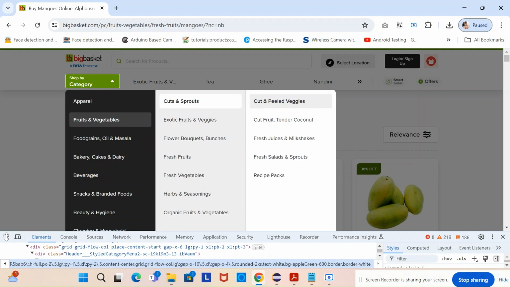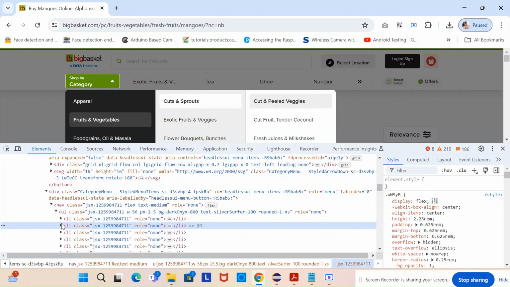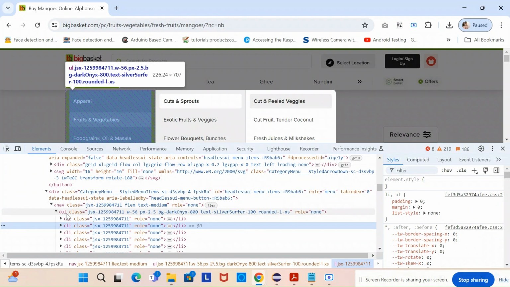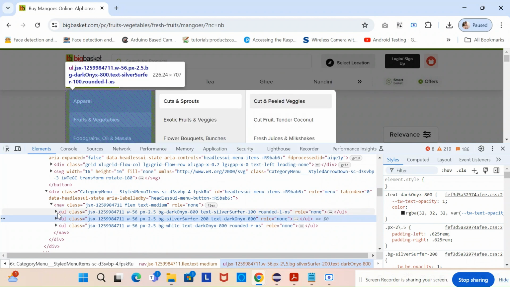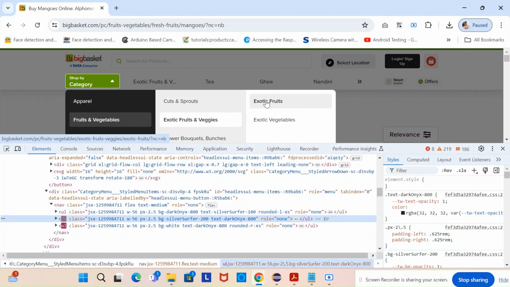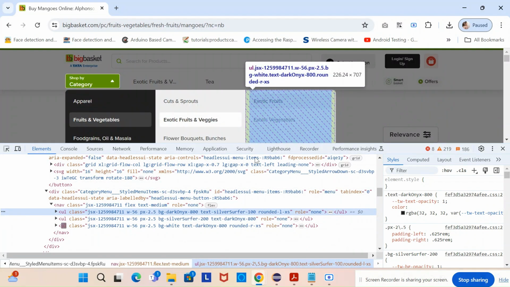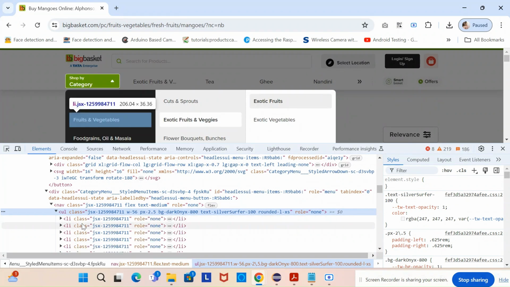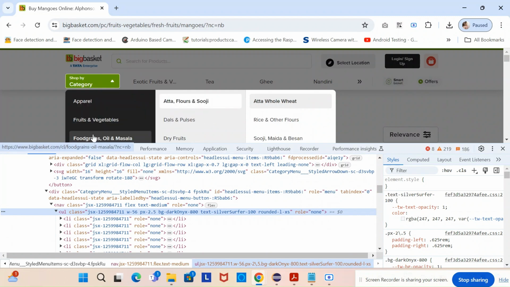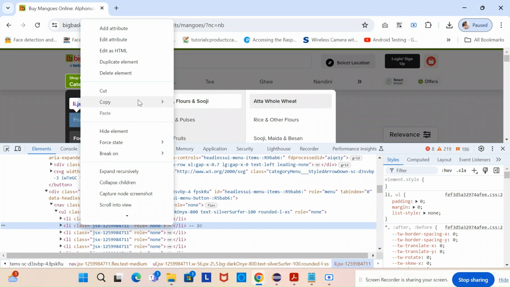Let me spy on this and take the XPath of this list option. Here we can observe inside this nav we have UL, unordered list, and we can find three UL lists here, where each UL signifies each of these list options. The first one signifies this first one, the second signifies the second list of options, the third signifies the third list of options. Inside this we have multiple list items, so each of those is one of these options. So we need to select the second one right here. We need to go here and take the XPath of this.